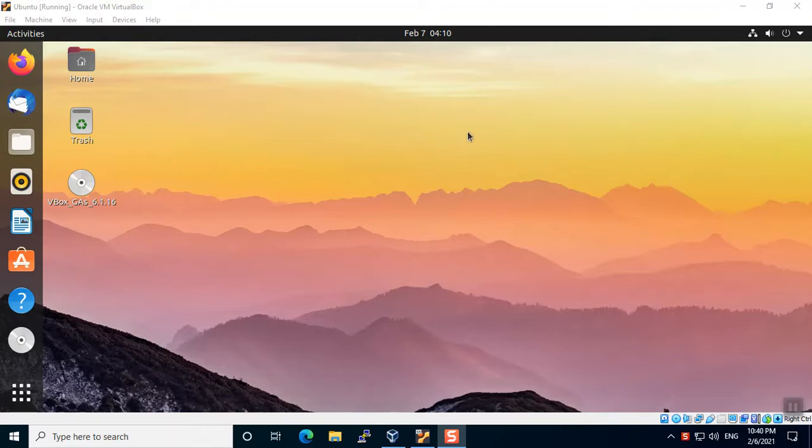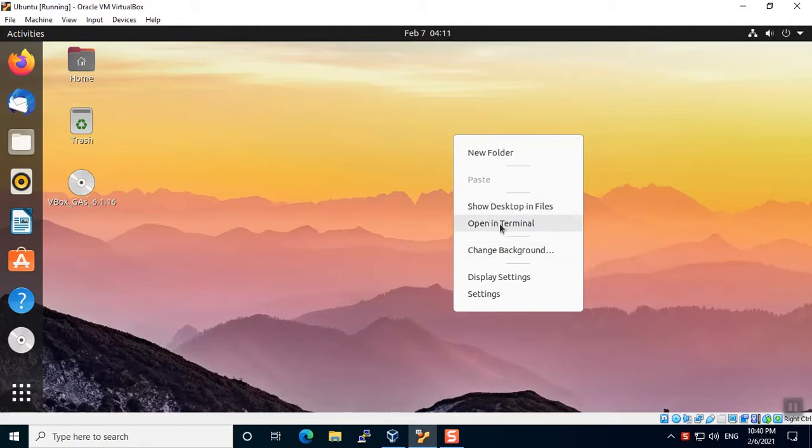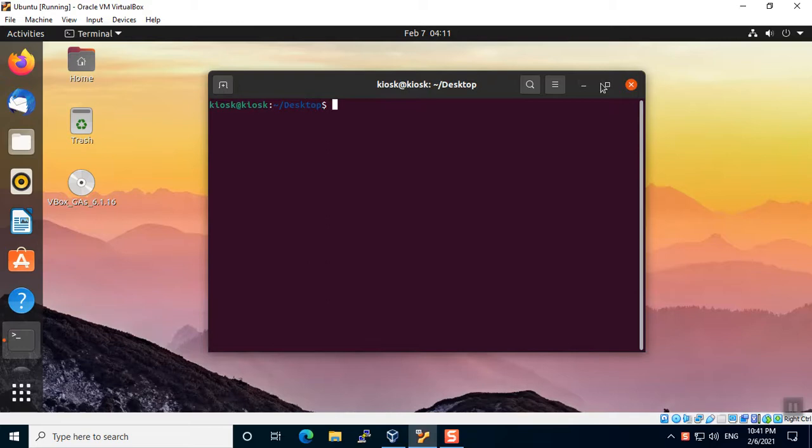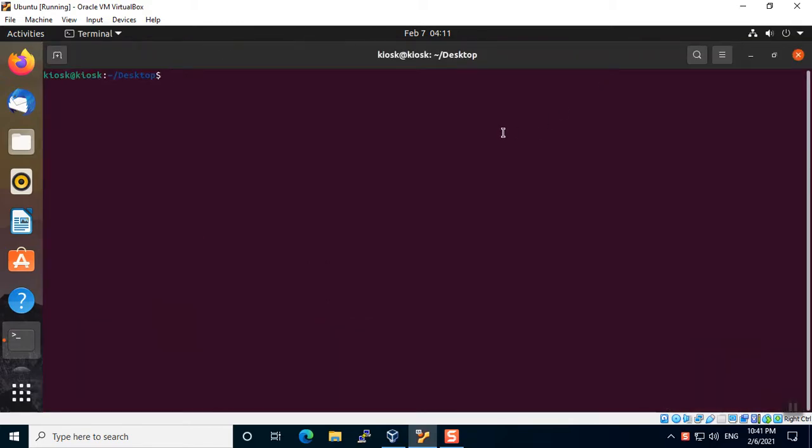Just open the terminal. Here is the thing: before installing any packages on the system, try to check whether that package is present inside the default repository.